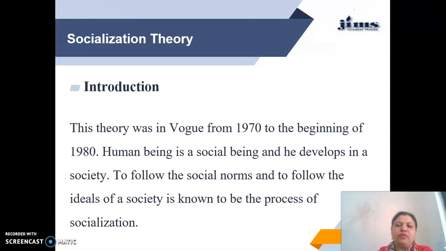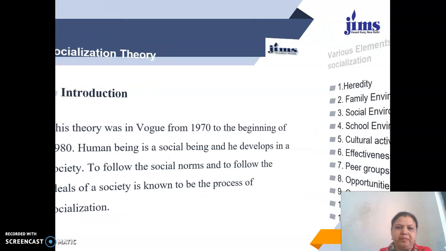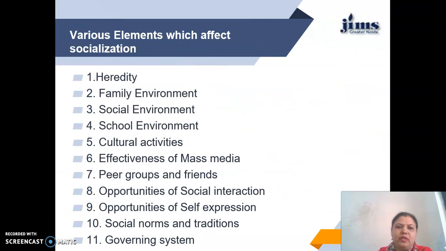This theory was in vogue from 1970 to the beginning of 1980s. Human being is a social being and he develops in a society. To follow the social norms and to follow the ideals of a society is known to be the process of socialization. There are various elements which affect socialization, and these elements are heredity,